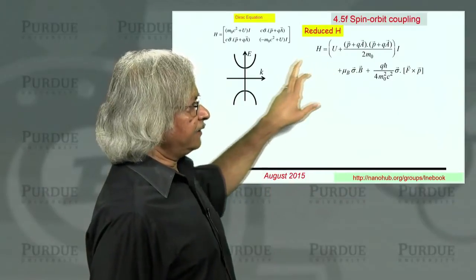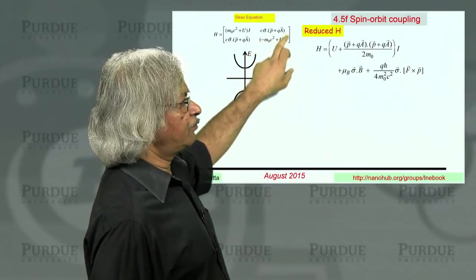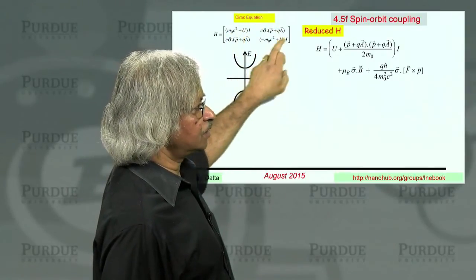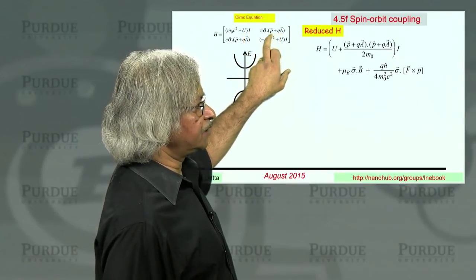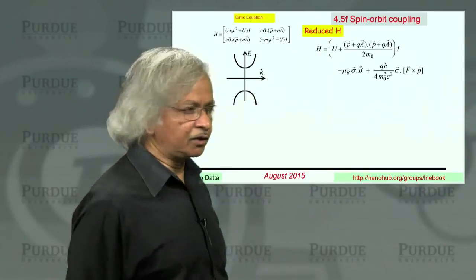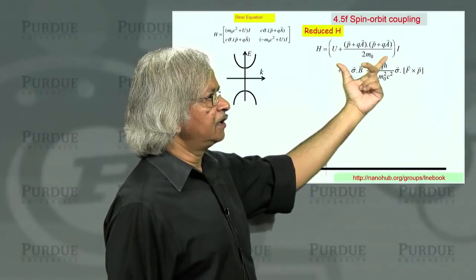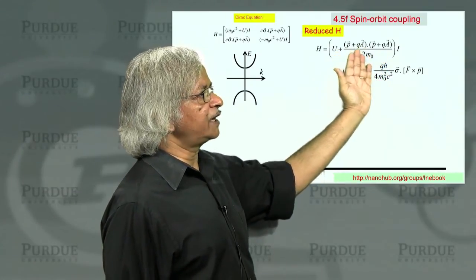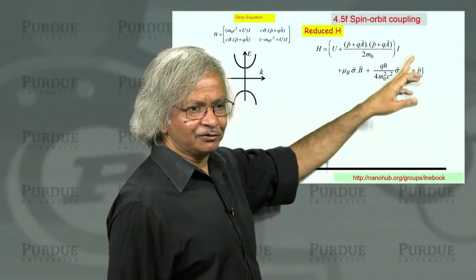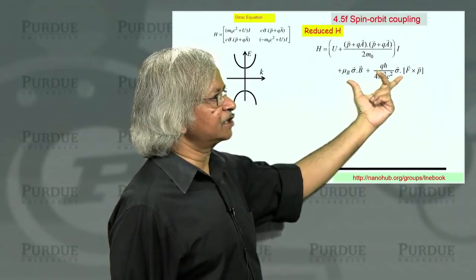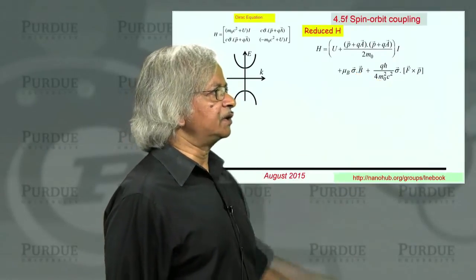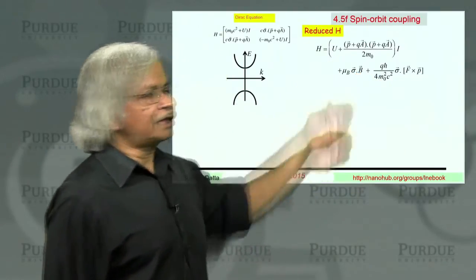So to summarize here then, in the Dirac equation, you have a 4x4 matrix H, and if you include potentials, U goes on this diagonal here, and the vector potential goes in p plus qA. And if you reduce it using the ideas we talked about, then you get a 2x2 Hamiltonian, which looks something like this. This is what we had before. Now, when you include spin, you get an I in front of it, a 2x2 matrix. And then there is this additional part that involves the spin matrices. This is called the Zeeman term, and this is the spin orbit term. So this is for electrons in vacuum.